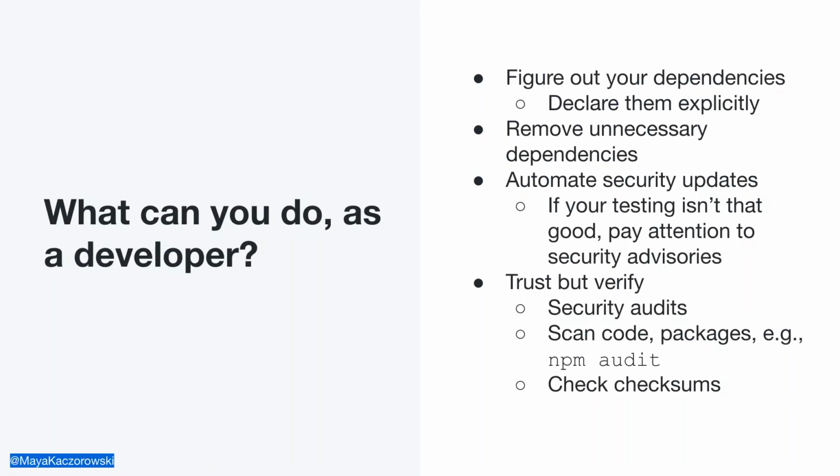And lastly, verify if and where you can. If you're part of a large company, conduct your own audit. Publish the results in a way that's respectful to the maintainers. Run tools like npm audit to verify your packages before you pull them. Scan your code and packages for known vulnerabilities. And check the checksums of what you pull to verify that it's actually what you expected. So it's really boring advice: remove what you don't need and patch what you do have regularly.